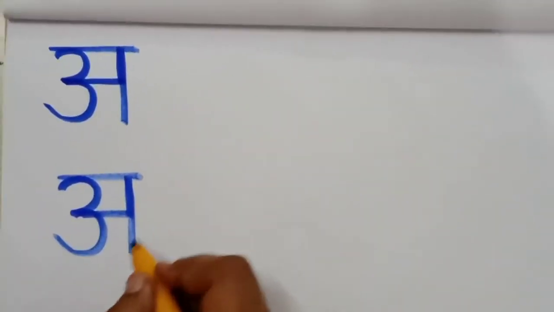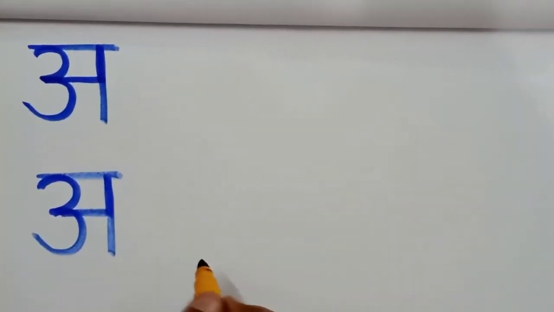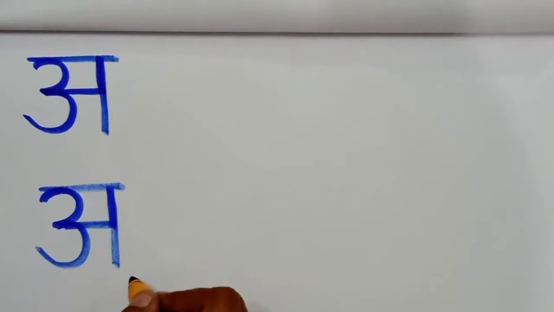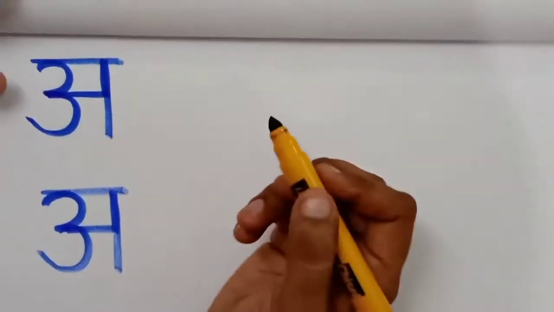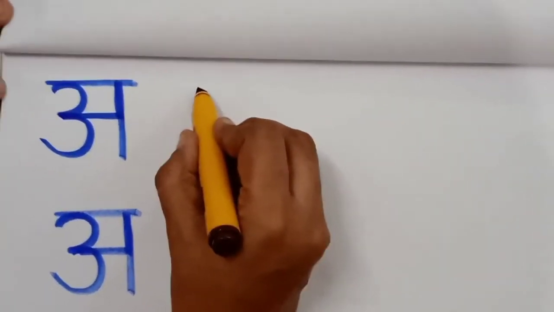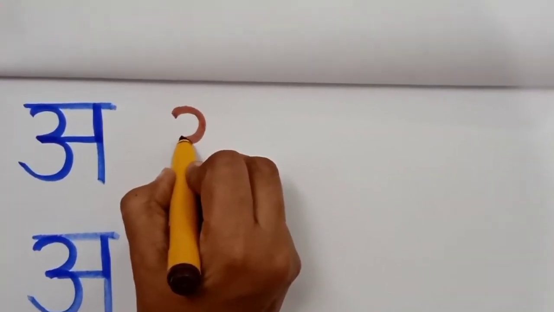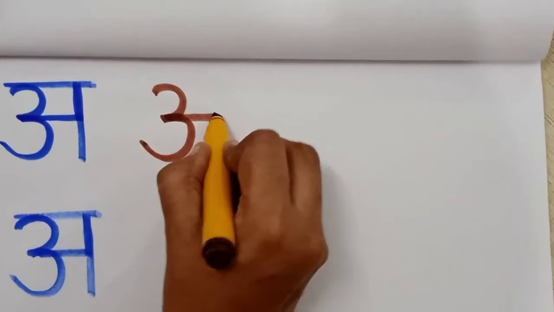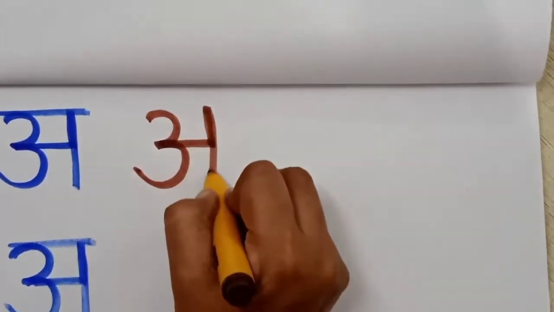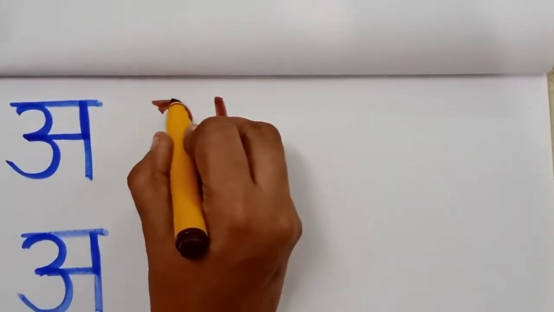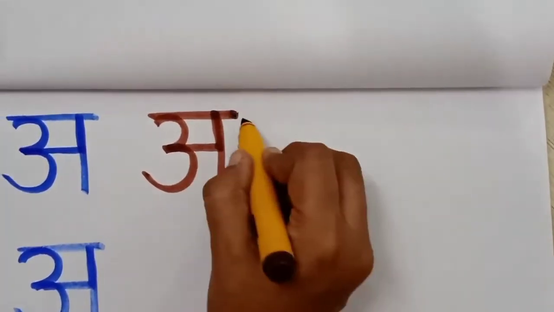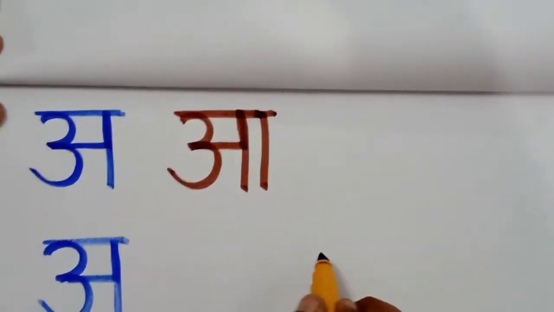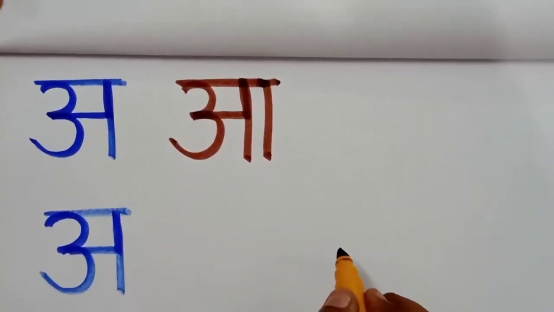The next letter is letter A, which is similar to letter A. Let's see how to write it. How you wrote a curve, again one more curve, the same way you have to write. Put a curve like this, again one more curve below that. From the middle, draw one sleeping line, go up and bring it down. Up, draw a sleeping line, and next to it, draw one standing line. This is letter A. A say arm.